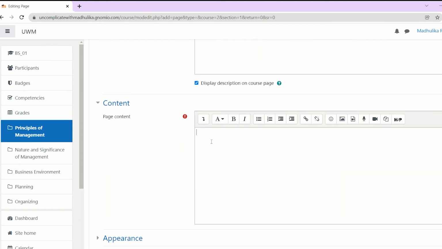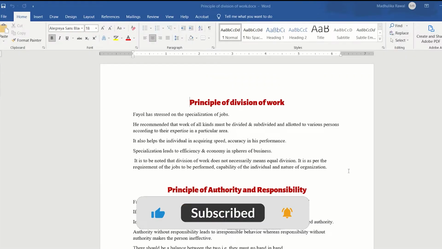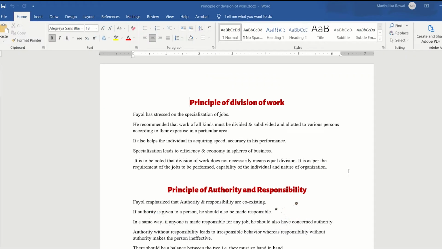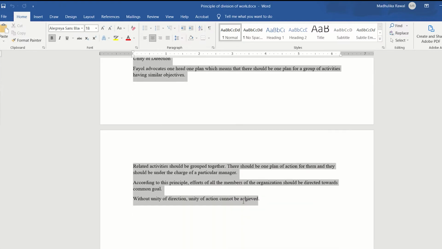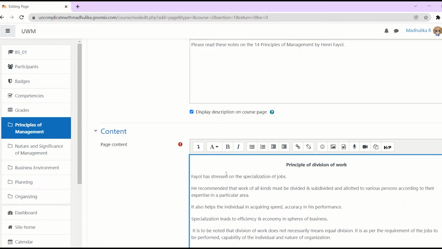Now let's fill our page content. You can add text, links, images, videos, audios in the content. I am going to add text here. I have already prepared some text and I have saved it in a Word file. So this is my Word file and I'm going to copy and paste the text in the page content box. Now this is perfectly copied and you can format it as you like. Now that we're done filling our page,